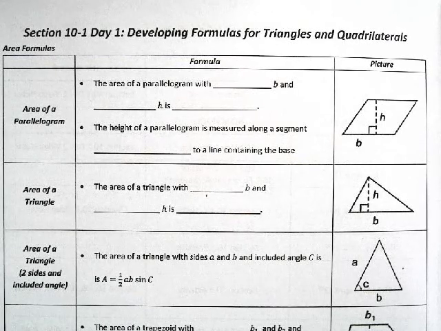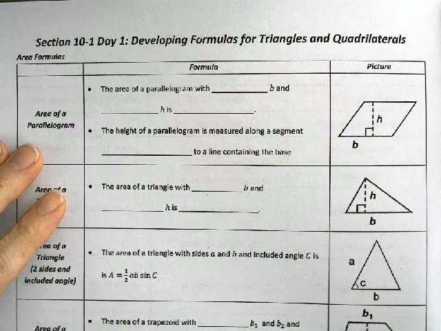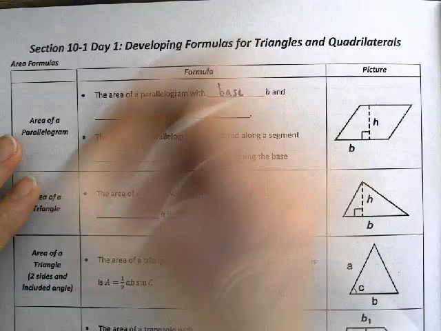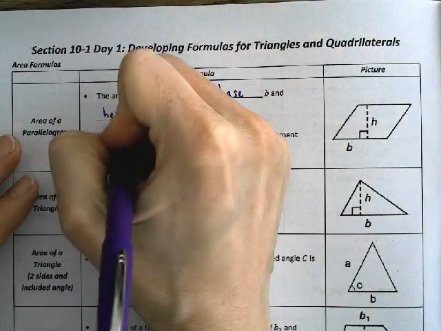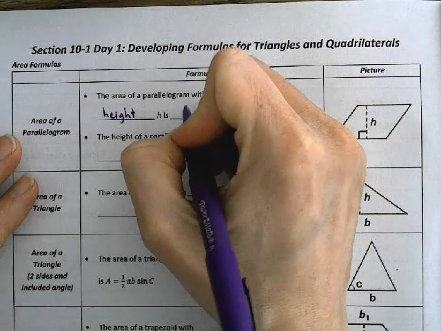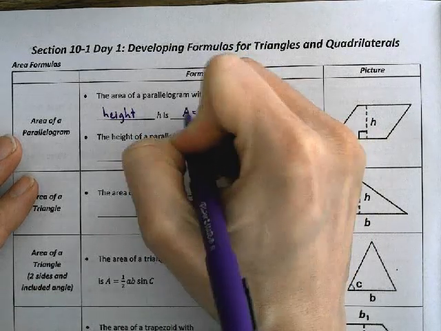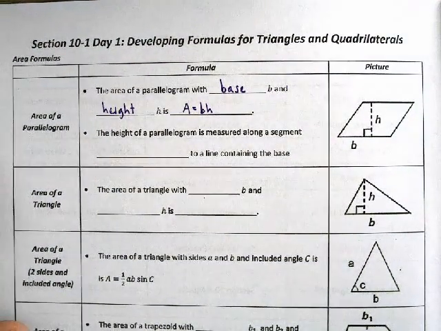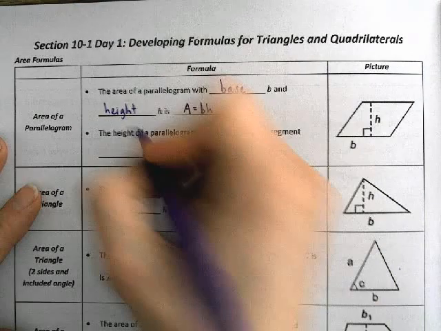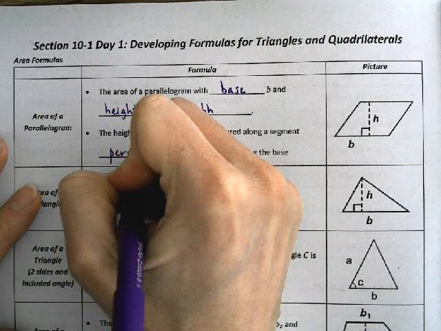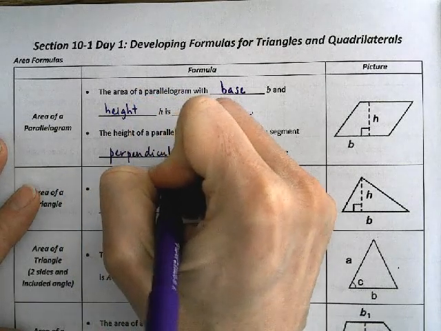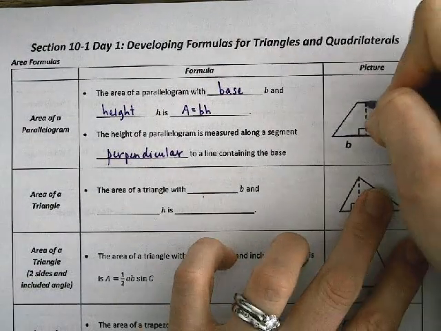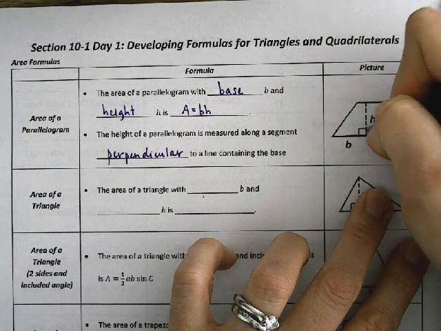So our first figure is a parallelogram. Okay, so the area of a parallelogram with base B and height H is area equals base times height. So all we need to do is multiply the base and the height together. Now, an important note here is the height of a parallelogram is always measured along a segment that is perpendicular to a line containing the base. So in our example here, here's our base, and we know this is the height because it's perpendicular to that